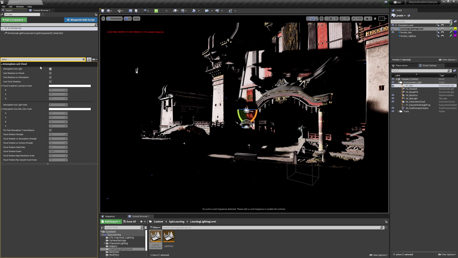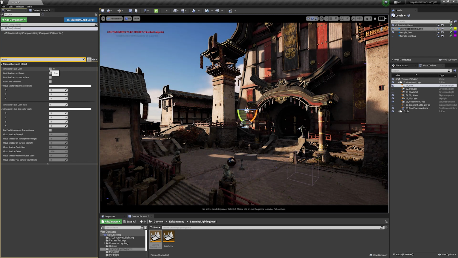When we do that, you'll notice that this first selection, atmosphere sunlight, is unchecked. It may, for some reason, be checked if you've done previous projects, but for the most part, it should default to being unchecked. When we do select it, we're going to turn the lights on. Basically, this is attaching our sky and our sunlight.